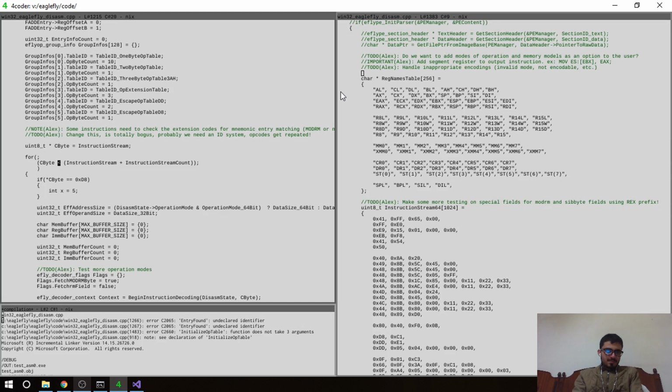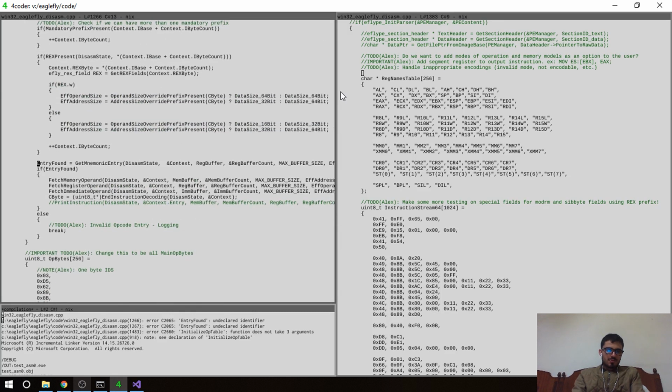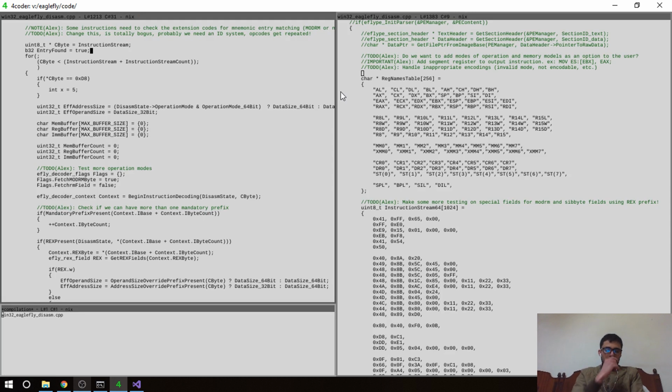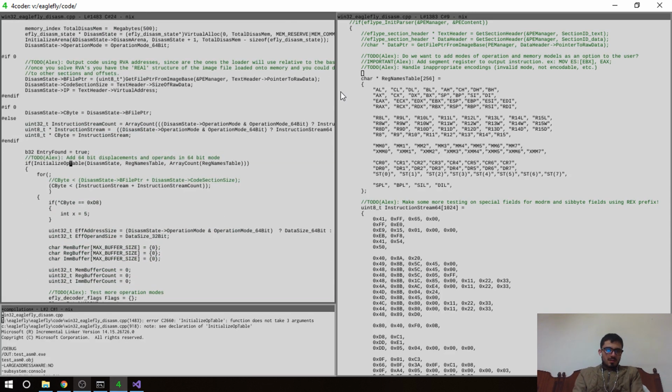Okay. Yeah. So what's the problem? Entry found, isn't it? Well, why not? We have here entry found as well. And then here we have to pass it, yeah. Instruction string can. And this is